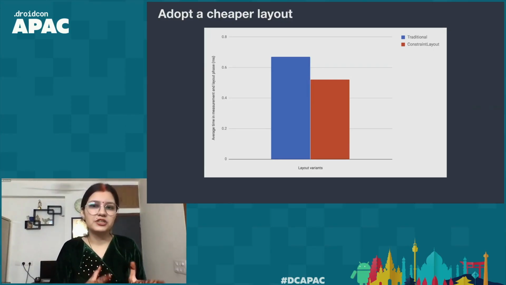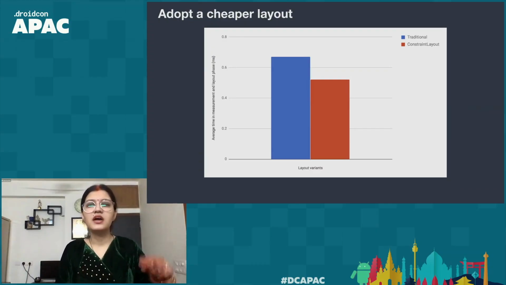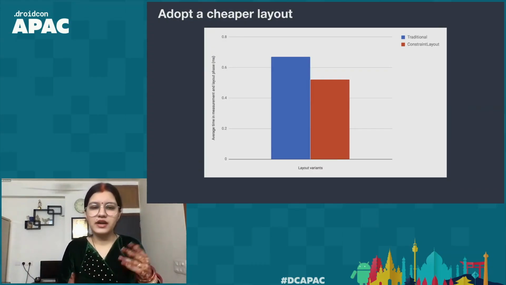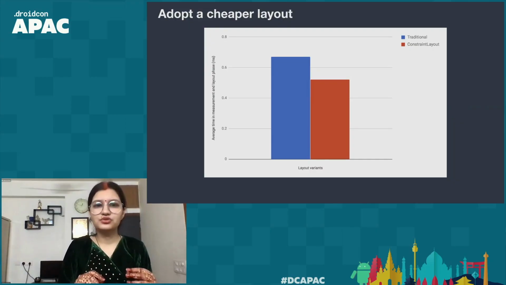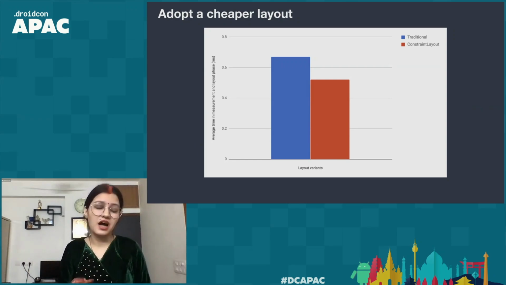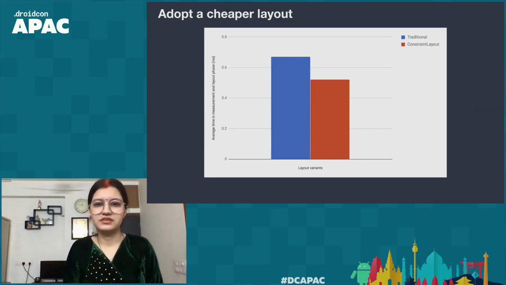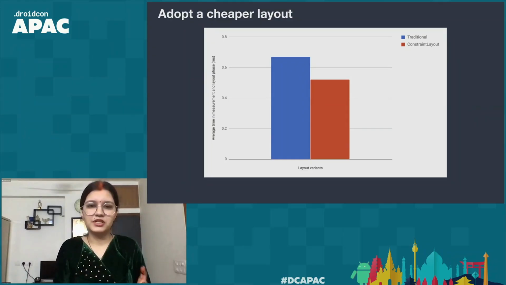And how did I measure this is by using the FrameMetrics API. So the FrameMetrics API provides you with helpful functions which you can place at start and end of the code or on activity create to measure how long it took to render those elements on screen. So you might want to check out the FrameMetrics API if you are interested in these numbers and you want to know how I got them, or you can get them yourself by using FrameMetrics to measure those rendering times.